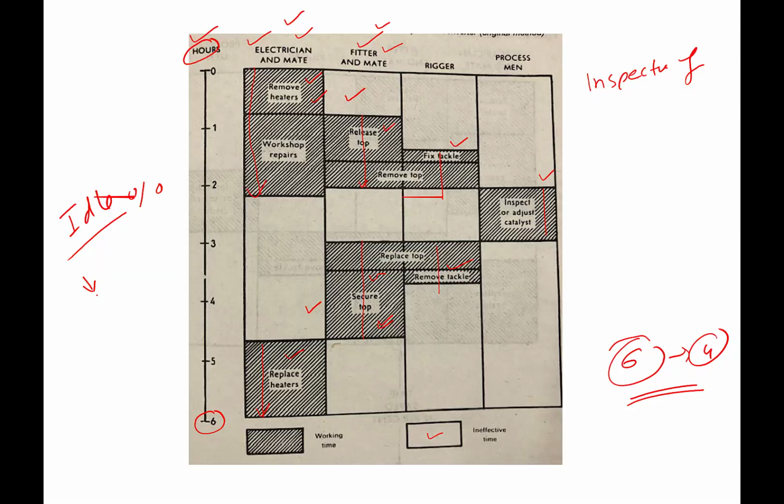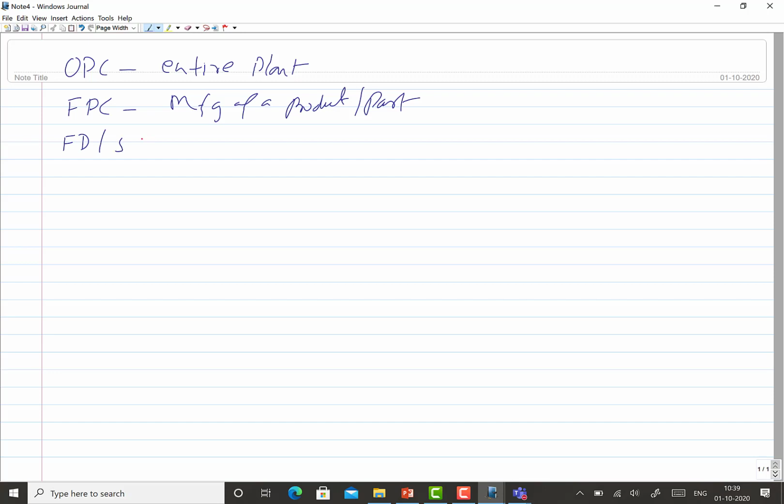Those are the common situations where MSc is found to be useful for studies and improving productivity. You know that we started our discussion from the outline process chart, which talks about the activities of the entire plant. Then we talked about the manufacturing of a product or part using the flow process chart. Thereafter, we talked about the flow diagram, string diagram, and travel chart,